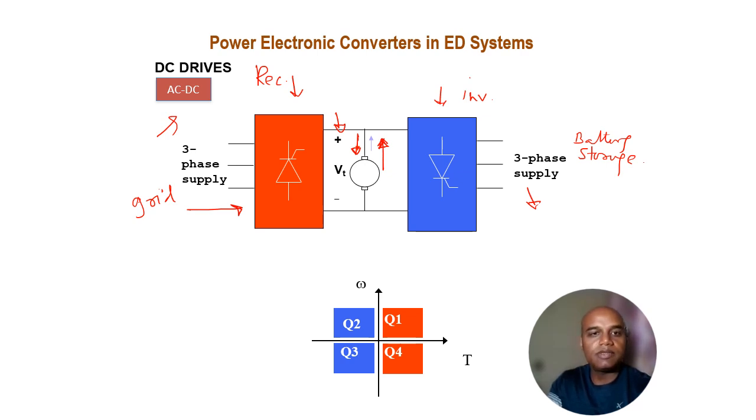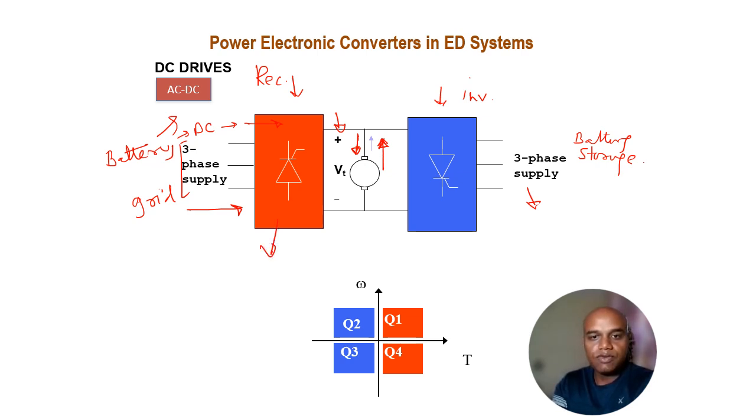Similarly, if we take the example of the vehicle, let's say I'm taking it from the battery. In the case of the battery, this will not be a three-phase supply, this will be a DC supply. So the DC supply needs to be converted first into AC supply, and then it can be converted back to DC supply if I need to control the DC motor, which happened in the earlier version of the DC vehicle where the DC series motor is deployed. So here